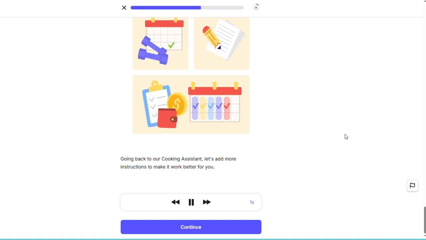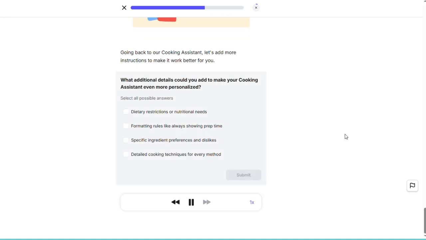Going back to our cooking assistant, let's add more instructions to make it work better for you. What additional details could you add to make your cooking assistant even more personalized? Dietary restrictions or nutritional needs? Detailed cooking techniques for every method? Specific ingredient preferences and dislikes? Formatting rules like always showing prep time,